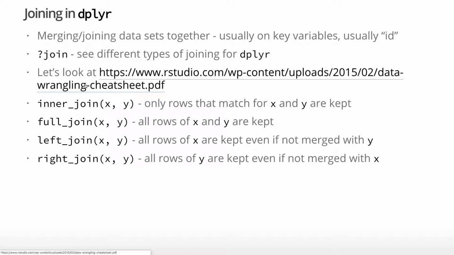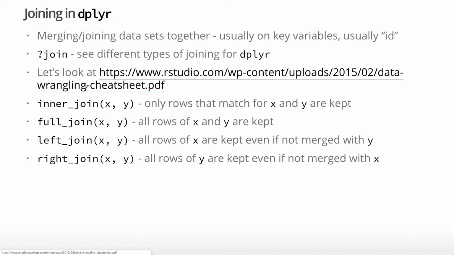And like we've said over and over again, R is case sensitive. So if you have a column in X called ID with all caps, and a column in Y that's id lowercase, R sees those as different columns. So they have to be named the same thing, right? If you have 100 data sets and they're all called different things, you can do that with these, but at the end of the day, to make your life easier, just name them the same column. But if you don't put anything to join on, if you just say X and Y,